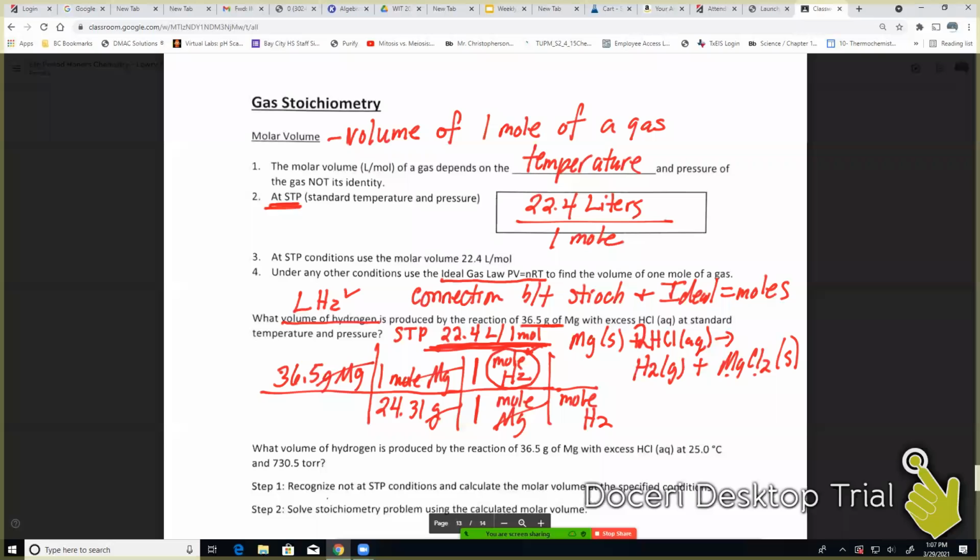So if I'm moles of hydrogen here, I have to be moles of hydrogen down here. And that conversion factor says 22.4 liters per 1 mole. The 22.4 always stays with the liters, and the 1 always stays with the moles. So now the mole canceled, and there would be my problem, and I would multiply across